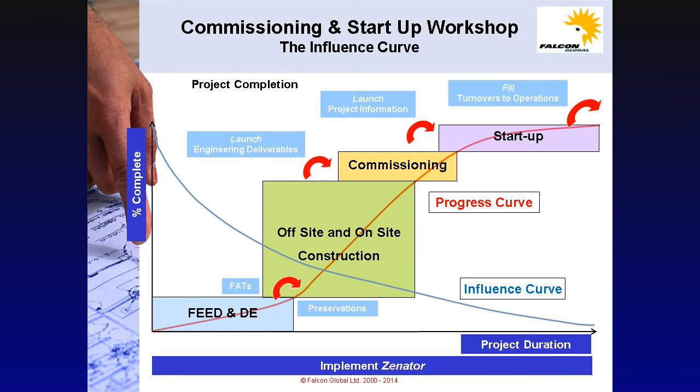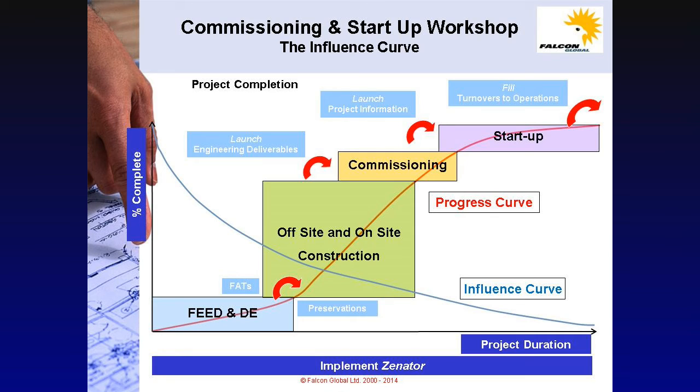The project life cycle and influence curve shown with the implementation of Xenator, or the Systems Completion Database as it's known in API RP 1FSC, is shown on this graph. As you can see, the implementation of Xenator, or the Systems Completion Database, needs to take place from the very beginning of the project through the front-end engineering phase and detailed engineering all the way through till the final handover